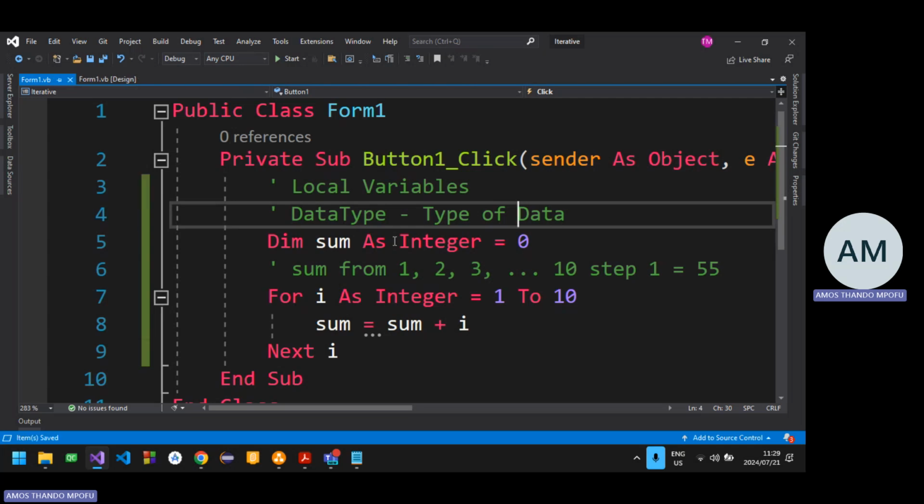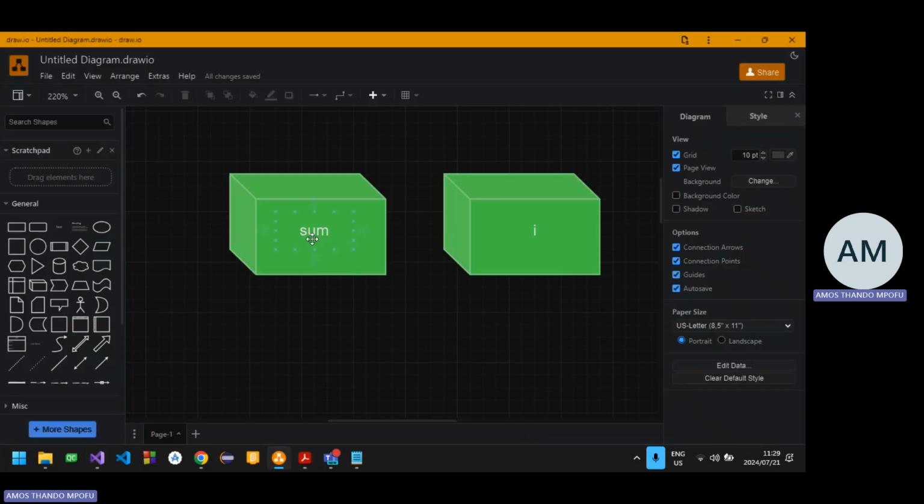So data type means what type of data goes into the box, or what type of things. The computer calls it data. Data meaning your age, your height, your surname, your likes, dislikes, characteristics, all those things. That's what we call data. So to help the computer distinguish what type of data is being stored, you need to give it a data type, because